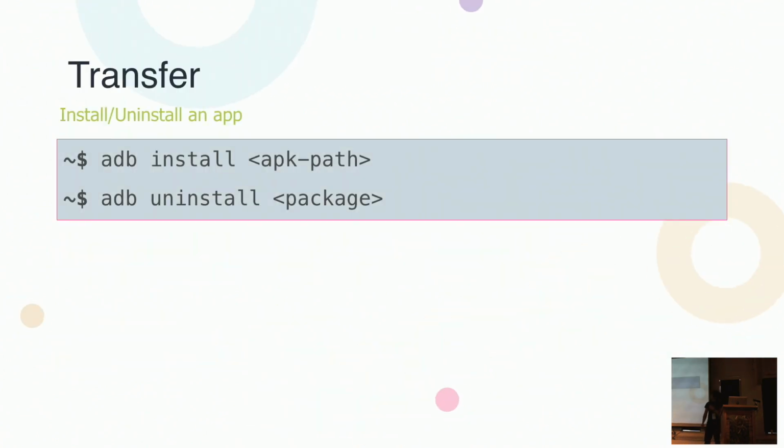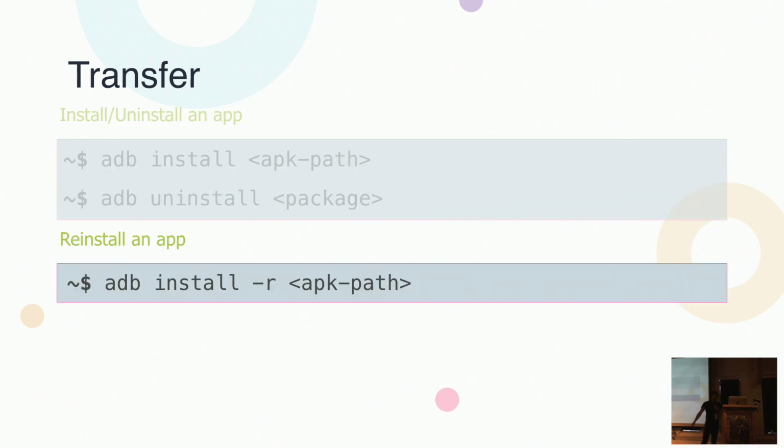The next topic is how to transfer data, and how to install and uninstall an app. Installing is pretty straightforward: adb install and the APK path. To uninstall, adb uninstall and the name of the package. There is another pretty useful command, reinstall. It's similar to install, just add the parameter -r, which means reinstall. Why is this command so important? Because you can